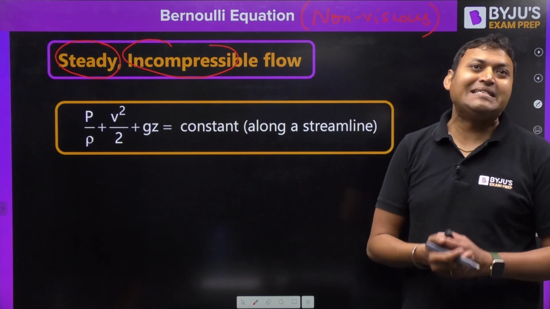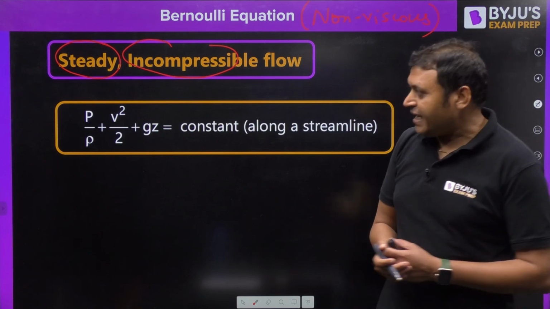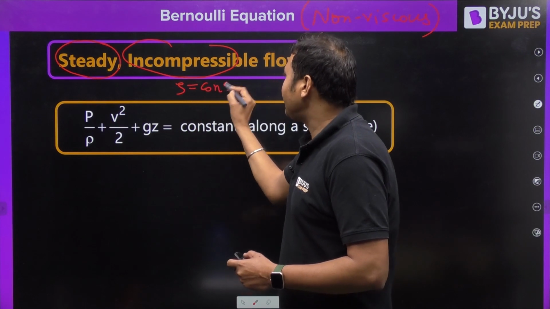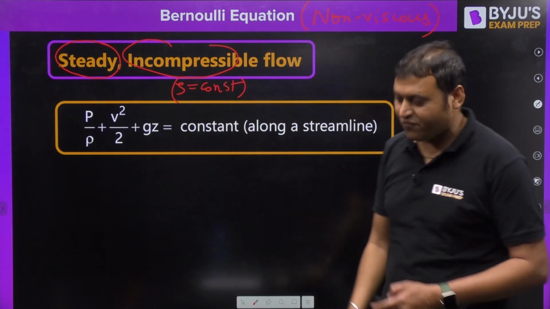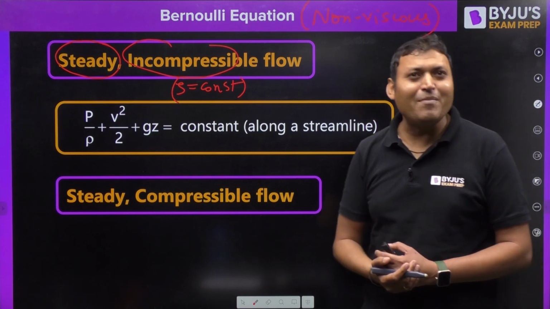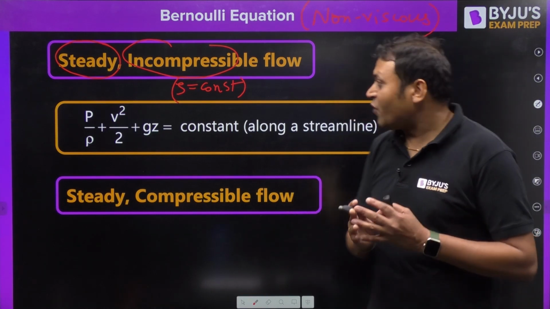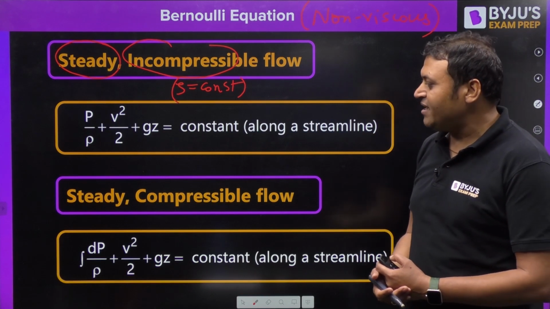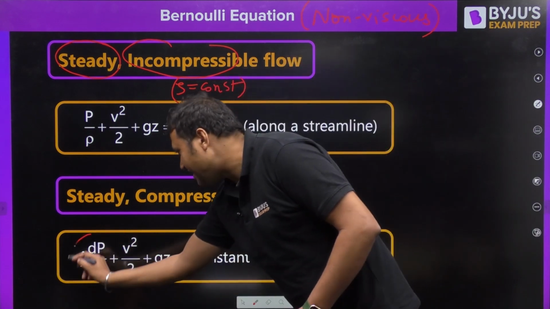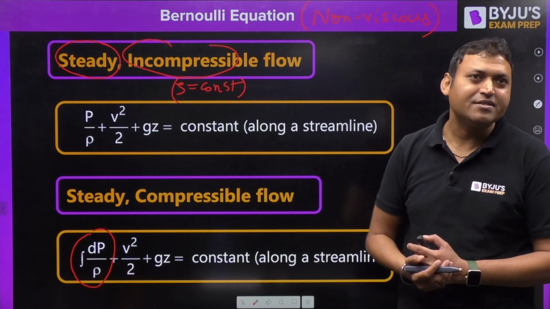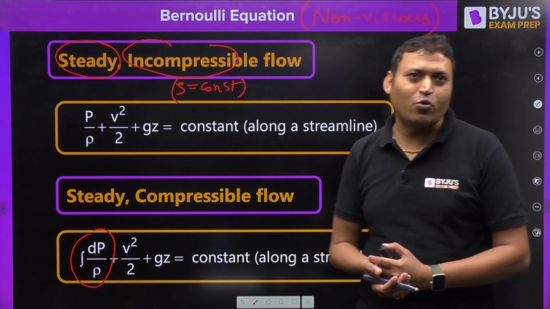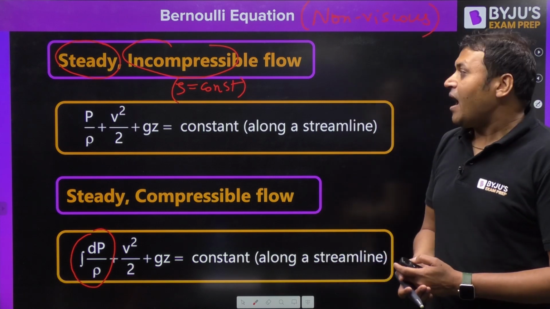But if the flow is steady but compressible, rho will not be constant. In the case of incompressible flow, density will be constant. But whenever we apply the same expression for steady and compressible flow, the expression will be modified to this. The first term will get changed. It will be the integration of dP by rho, that is known as the Euler equation, right? And if